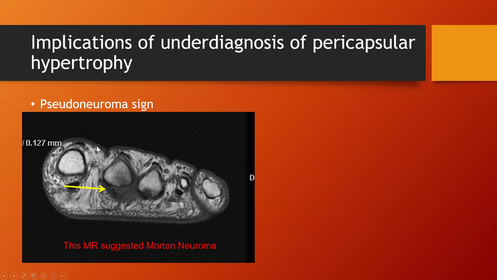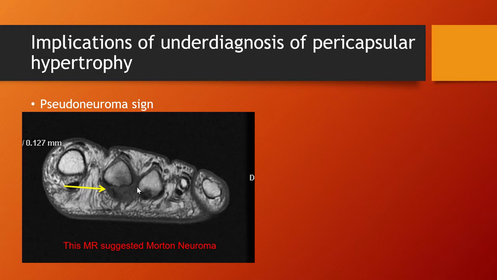This is an axial T1 weighted MR image where you can see this sort of bulge coming from the web space. So these inflammatory changes to the plantar plate and soft tissues can extend into the intermetatarsal space and mimic a Morton's neuroma, and we call it a pseudo-neuroma sign. So in this case, the MR was called Morton neuroma, and at that point some surgeons may have jumped in and referred her for a radiofrequency ablation of the nerve,